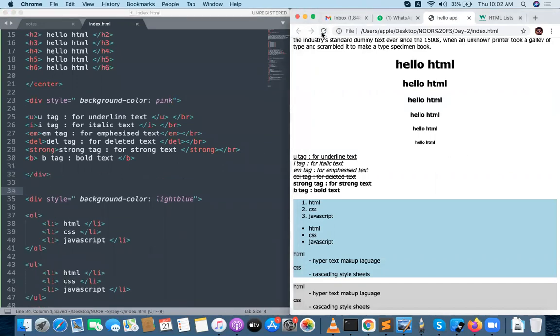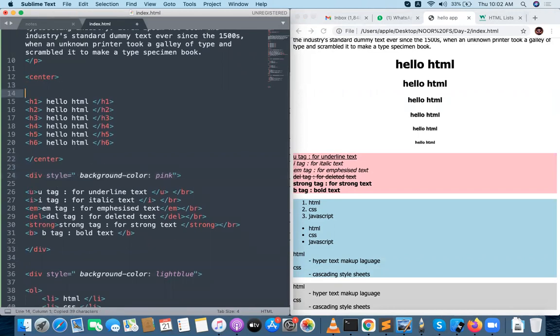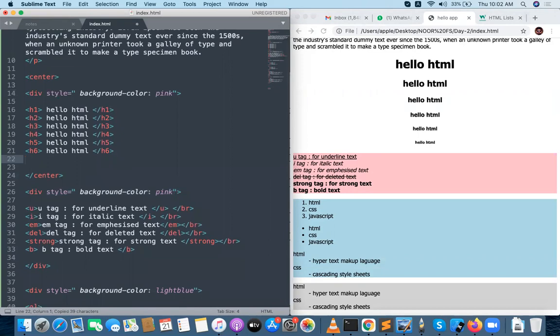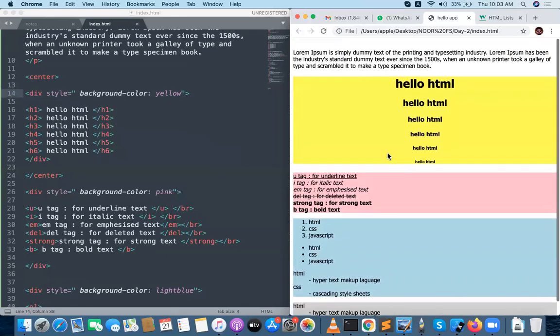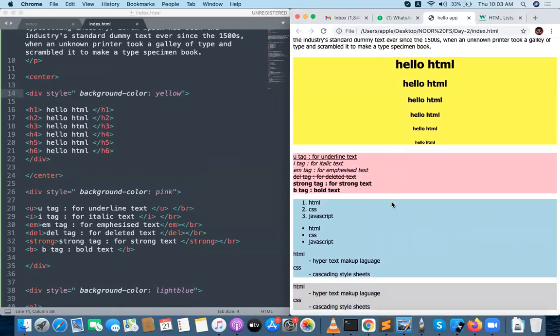Div is something like a division, okay? For all the headings, I will put one more division, just for your understanding purposes. All headings I am putting in one more division. This color is yellow. Can you see that? Observe. Now how many divisions do we have? 1, 2, 3, 4 divisions.